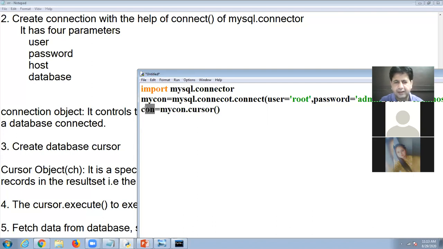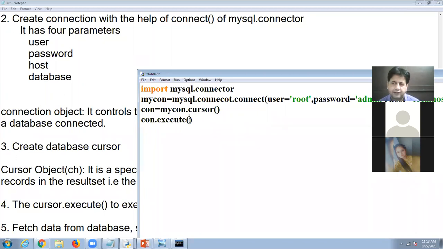Now after that, we will have to execute the query with the help of the execute function. So I apply here con dot execute. In brackets, I will have to give the SQL command.